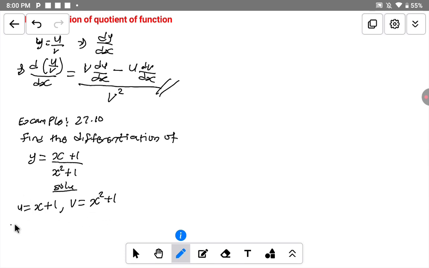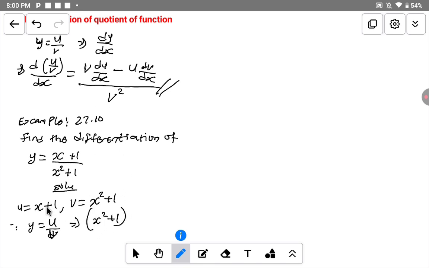Now this question becomes y is equal to u over v. Again, you can apply this expression now. It means that you first of all leave v constant. That means we leave this one constant. That is our v, s squared plus 1. You leave it constant, and we differentiate, let me put it in the bracket,